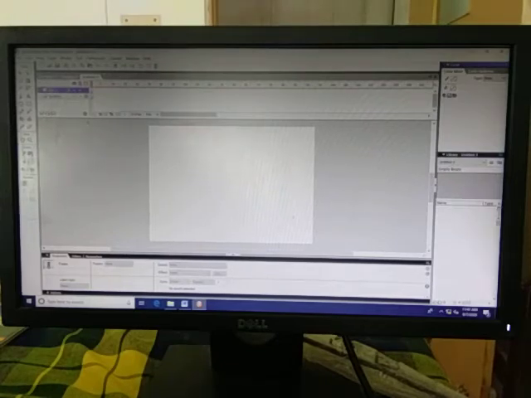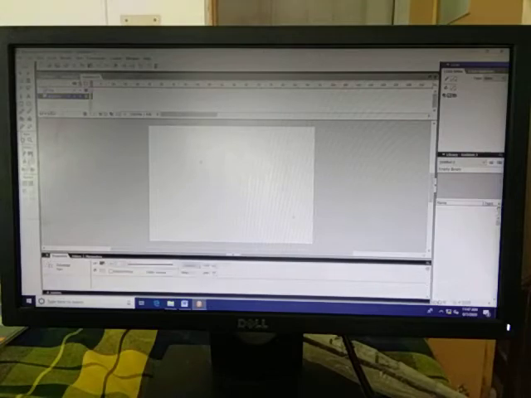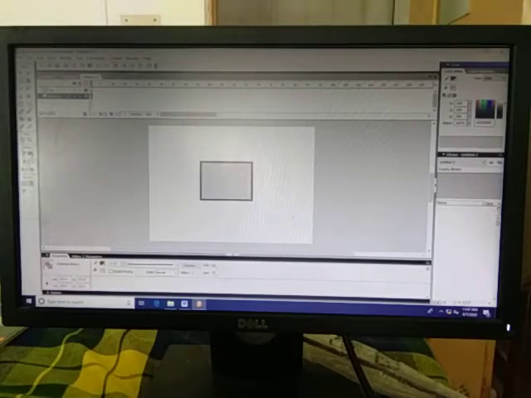Now if you want to work on the building, you select the building layer, and then you can draw a building. Simply you can make a building over here like this with the polygon tool. I have selected it, and this way I make a polygon.